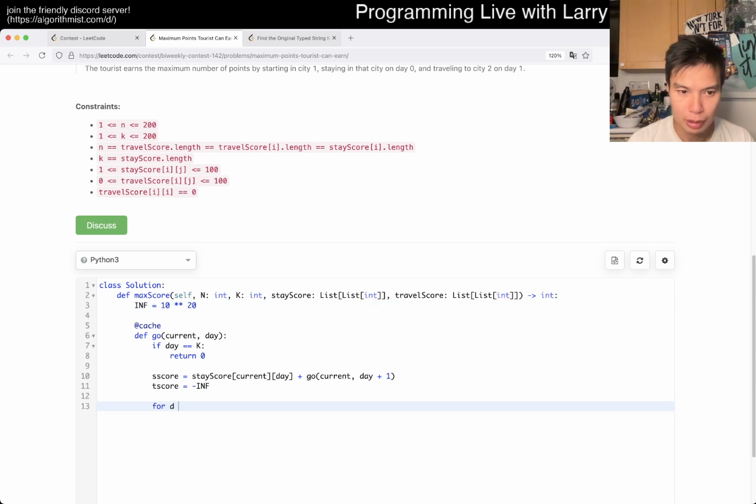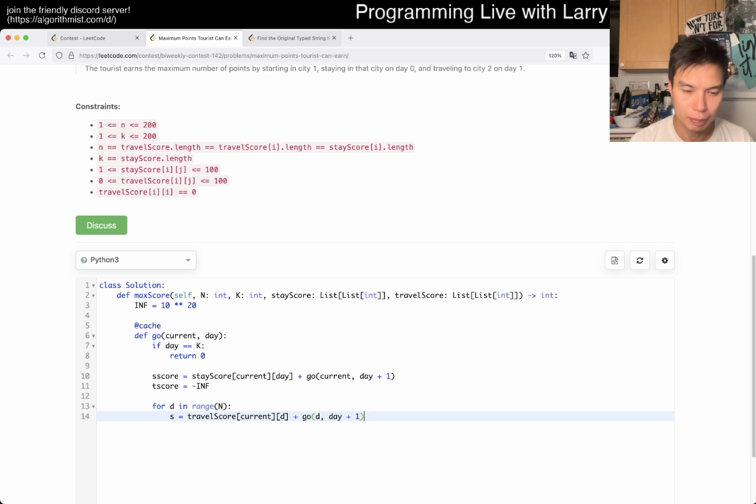So d in range of n. S is equal to travel score of current to D plus go D, day plus 1. And then if S is greater than T score, then T score is equal to S. And then, yeah, if T score is greater than